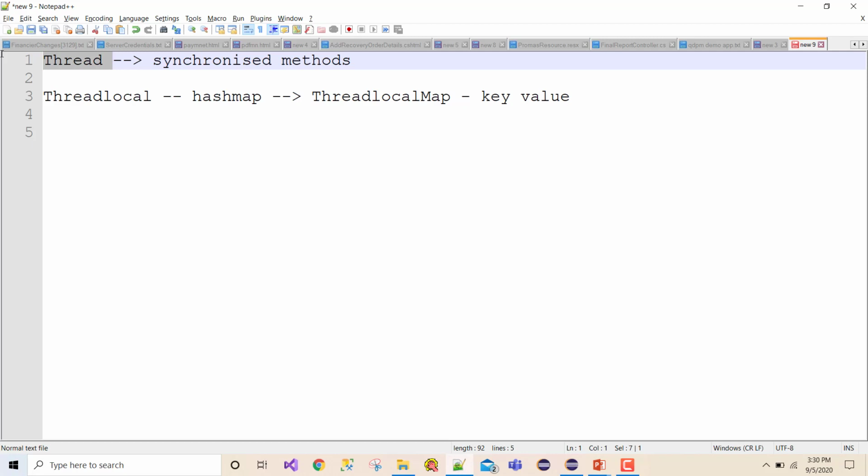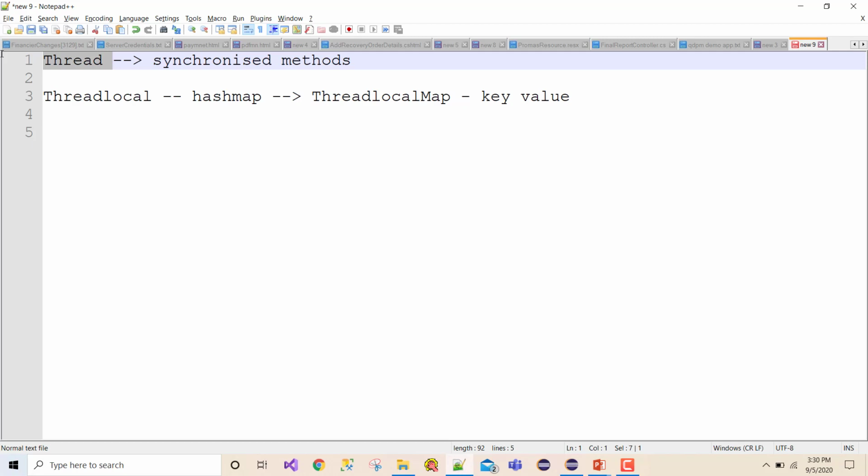Okay, so when I say synchronized, we should have a bit of understanding. We can create any method as a synchronized method. When I say synchronized, that means if one thread is using a particular method, another thread cannot use it. That will hamper performance, right? The other thread needs to wait till that particular method gets executed or released by the other thread. That is something called synchronized.